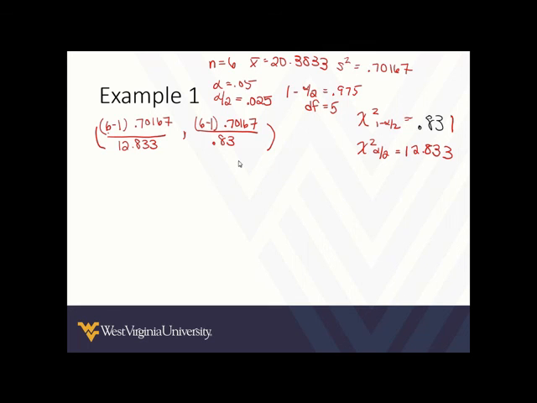And so by calculating this using our calculators, we have 0.2733 to 4.2218. And so this means that with 95% confidence,